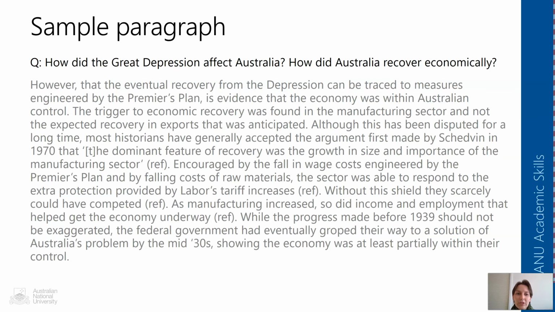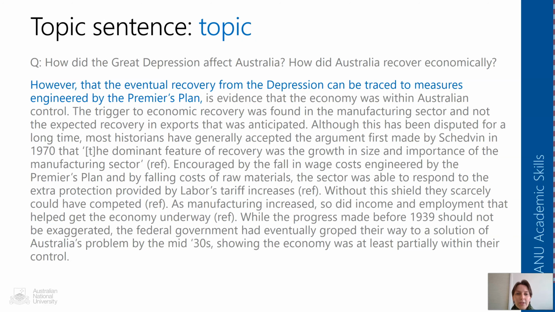Now this one is from a student essay, and the question is about how did the Great Depression affect Australia? How did Australia recover economically? So in their topic sentence, what they are telling us first of all is what's the topic of the paragraph. So the eventual recovery from the Depression can be traced to measures engineered by the Premier's plan. So we're looking at the Premier's plan in this paragraph and how that contributed to the recovery,